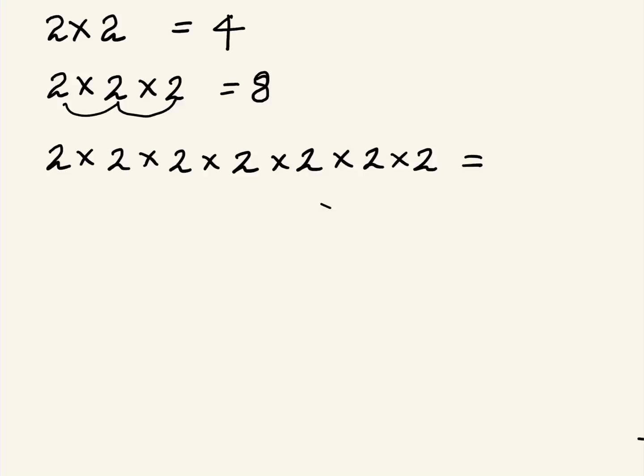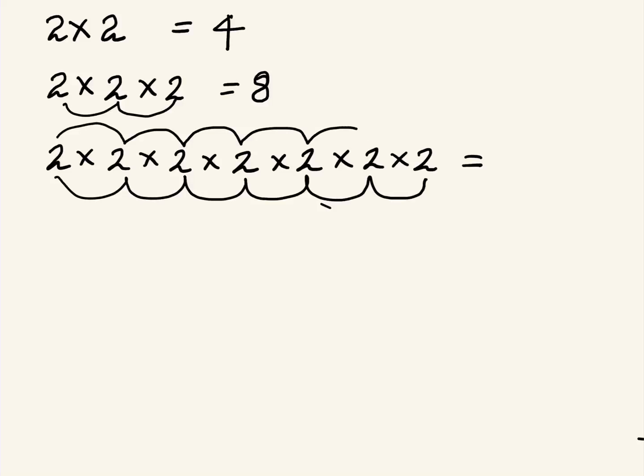Now go on, multiply these numbers. So you have 2 times 2 times 2 times 2 times 2 times 2 times 2. Or what some people may understand as 2 into 2 into 2 into 2 into 2 into 2 into 2. So how many 2's do you have? 7. Isn't that such a pain to call out 2 7 times?